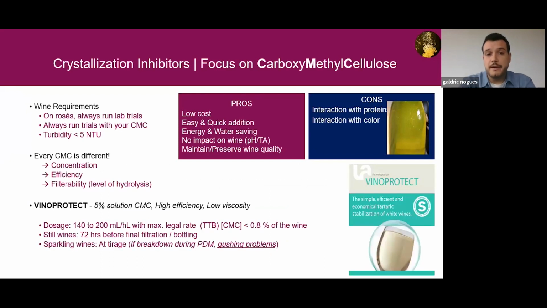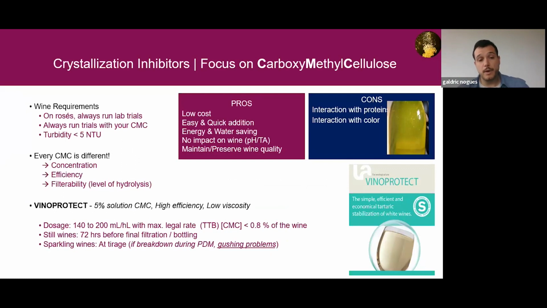So as we said, for CMC you have different wine requirements. The CMC we propose at Lamothe-Abiet is called Vinoprotex. It's a 5% solution CMC with a high efficiency and low viscosity, so the degree of polymerization will be pretty low. The wine requirements, as we said,